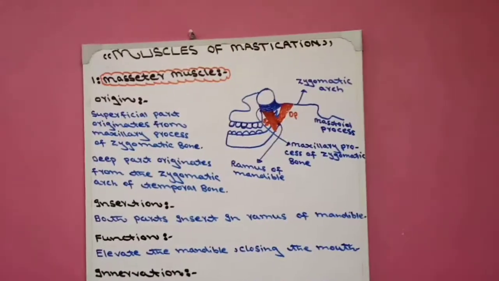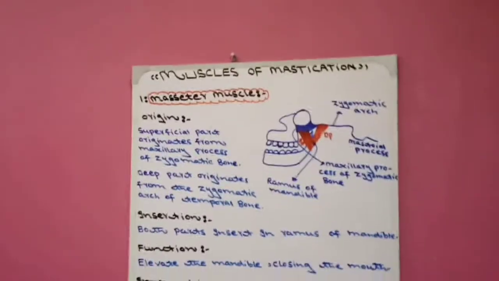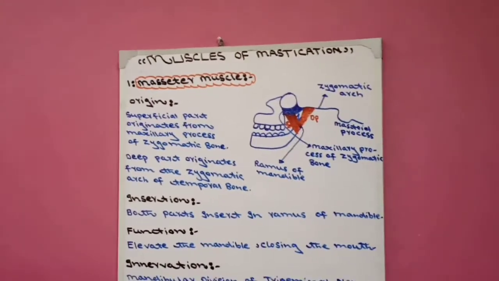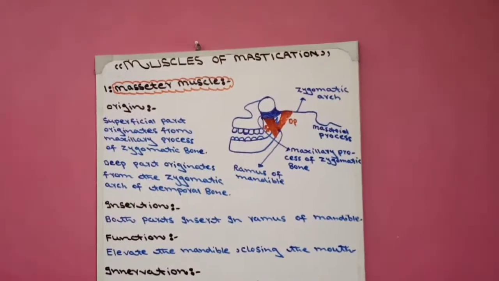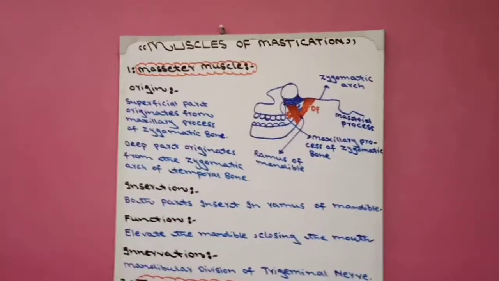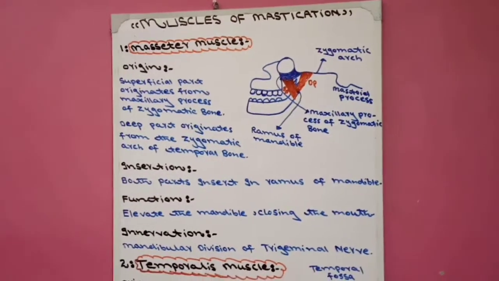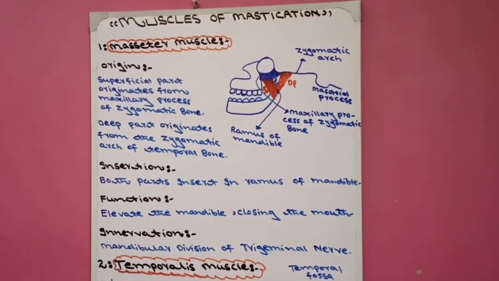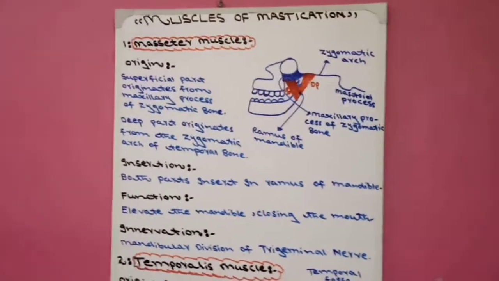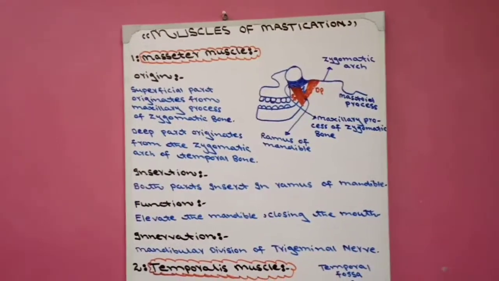Now today our topic is related to anatomy, muscles of mastication. First, introduction. The muscles of mastication are those group of muscles which are responsible for mastication. Muscles of mastication are four in number, present on each side of the face. Meaning on each side of the face four muscles are present, so totally there are 8 muscles if we collect from both sides, but there are 4 in number.